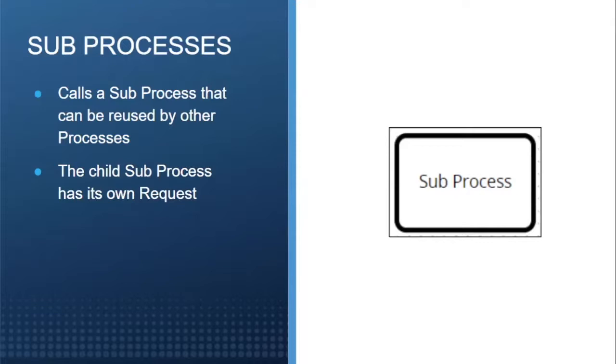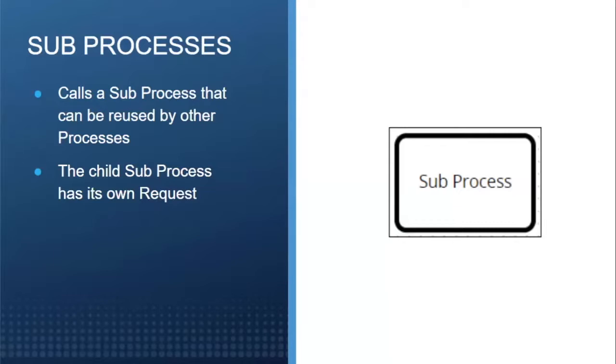A subprocess element calls a subprocess that can be reused by other processes in the ProcessMaker instance. So what we're going to basically be doing here is including another process in a main process structure. The subprocess that this element is going to call is referred to as the child subprocess. So those are some of the terms that we're going to be using today. And this must be an external process from the calling process. I mean, we're going to be using a different process, the child process,